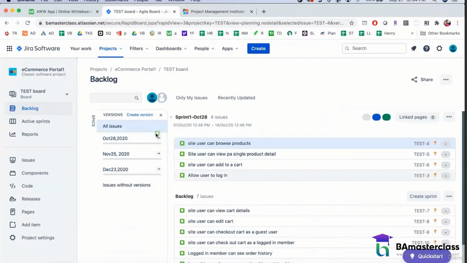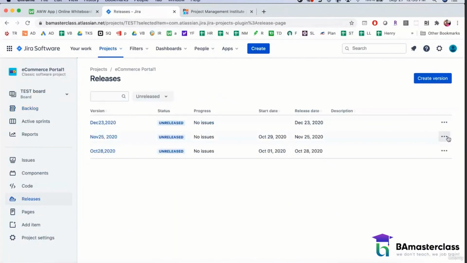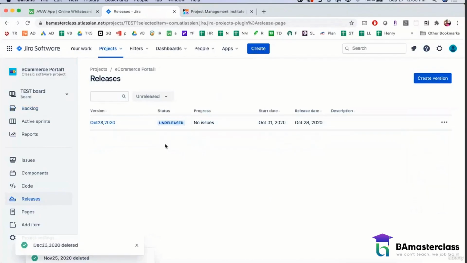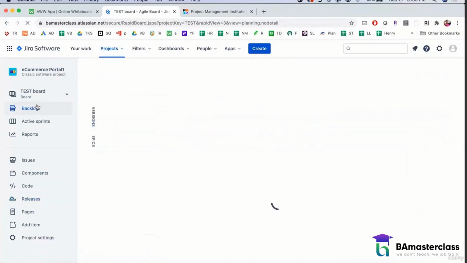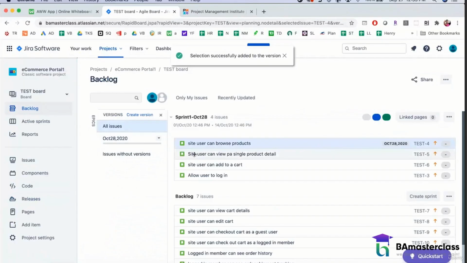It's not allowing me to associate that, but I'm sure you can do that. Let me just get rid of these and go back to my backlog. There we go. So what I'm doing is I'm dragging my stories